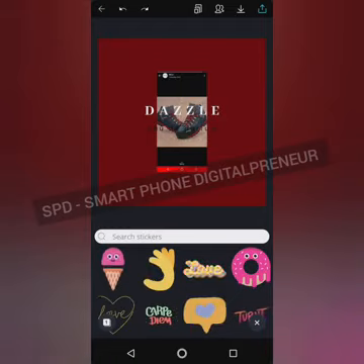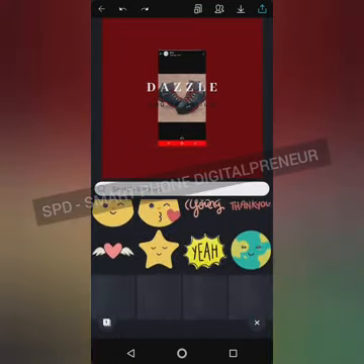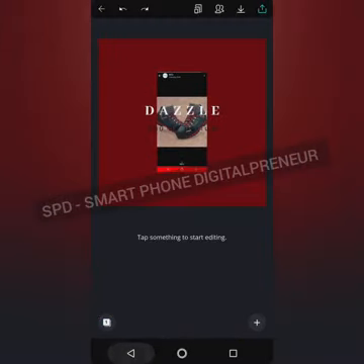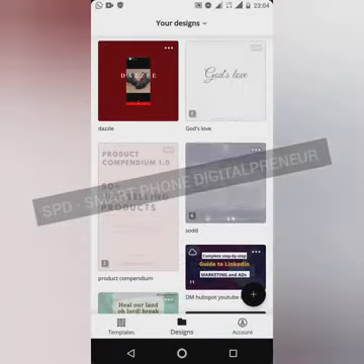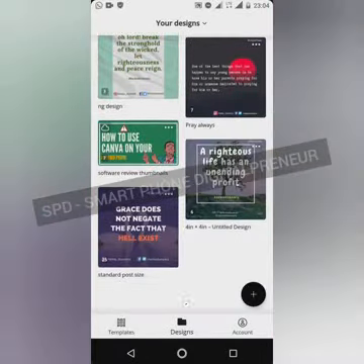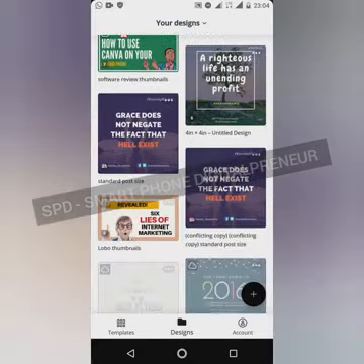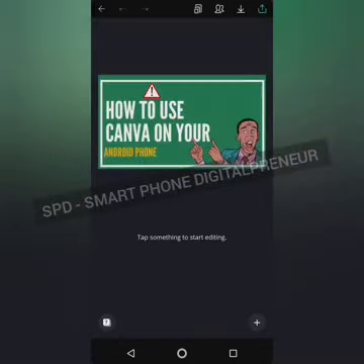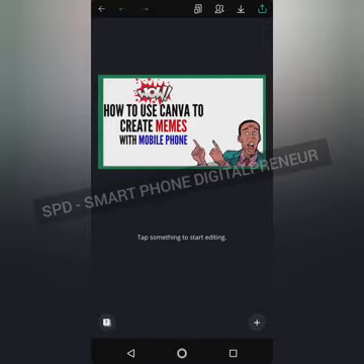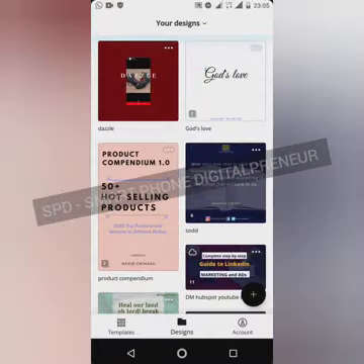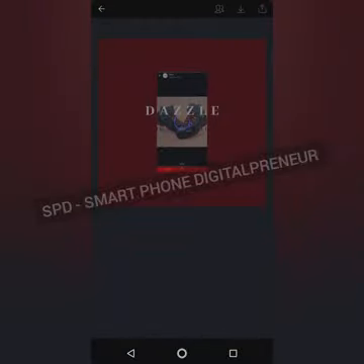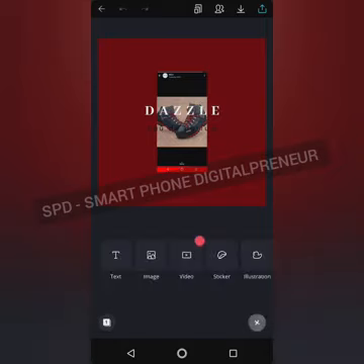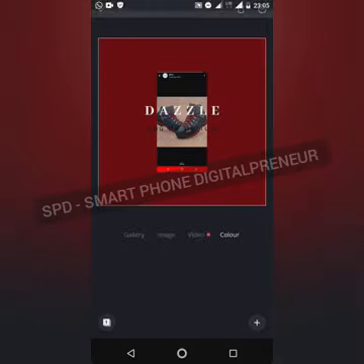When you tap on it, it will give you different kinds of emoji, different kinds of stickers. I once showed you something like this. Let's go back to one of my designs shortly. I once showed you something like this. Wow. Now I got it from the stickers. So this is our design that we are working on. So remember, I'm trying to walk you through the tools that Canva has. So when you click on the sticker,